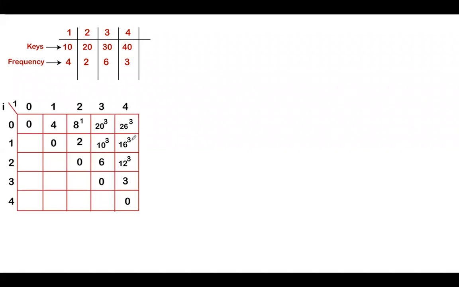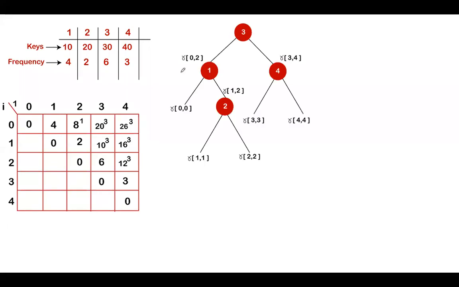From this matrix, we should construct the binary tree. So the binary tree construction will be something like this. First 0, 4. We know that 30 should be the root. Here 3 indicates whatever value is present at the third key, that is nothing but 30. First I will write the key values. 3 is the key value. This one should be the root, and its left side should be less than 3 and its right side should be more than 4. If this is the root, this should come on the left side and this should come on the right side. So this was the 0, 4th location.